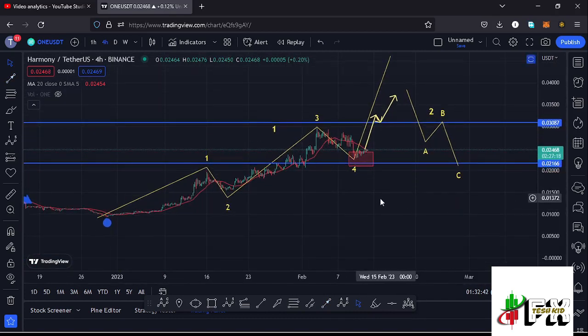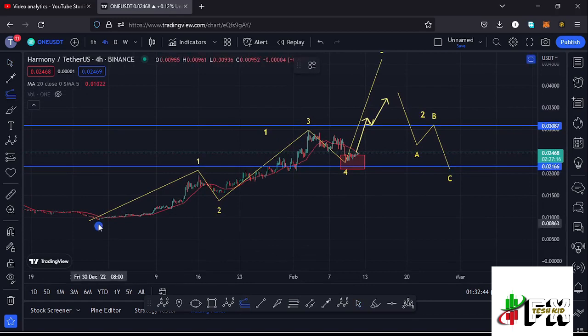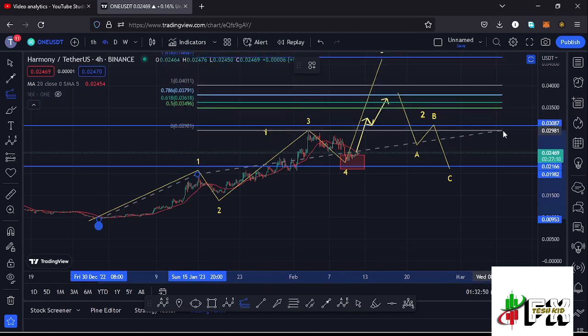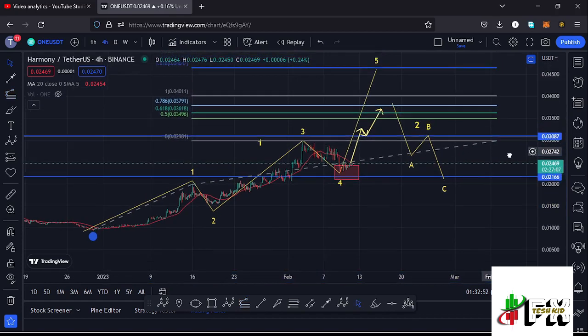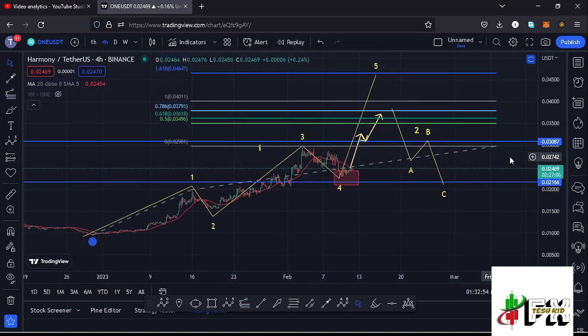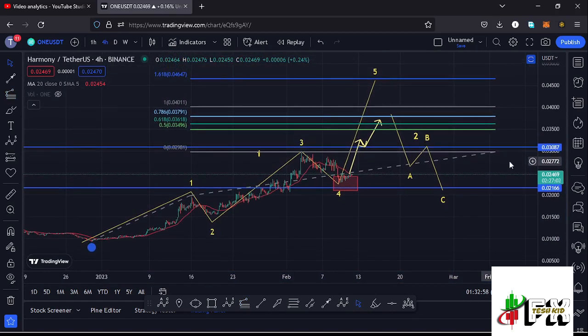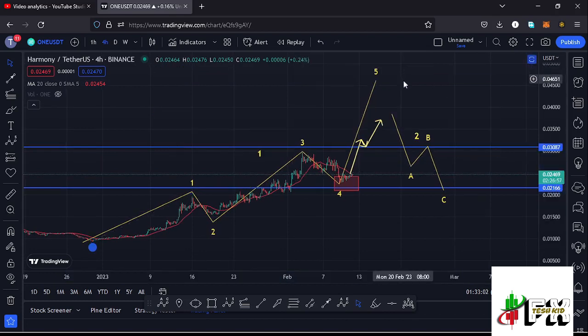and sketching out minimum target areas to the upside in the formation of that wave 5 by connecting the trend-based Fibonacci from the low of the first wave to the high of that wave 1, then dragging the fibs to the high of that wave 3. That gives me a minimum target area to the upside in the formation of that wave 5 at the fib level 1.618, and that is at around the $0.04647 mark, and that is the minimum that I will expect that wave 5 to the upside to do to fully maximize an even larger Elliott wave count 1 to the upside.